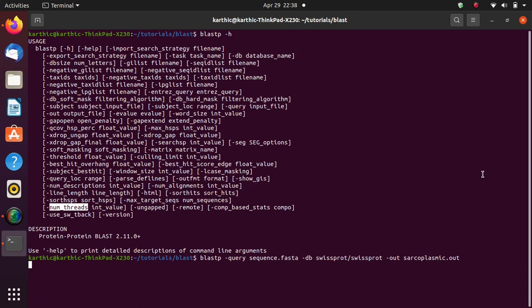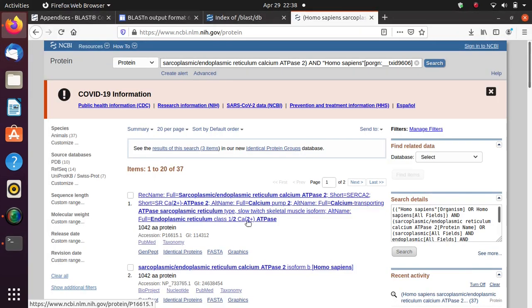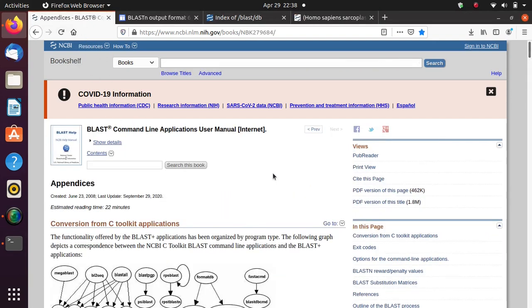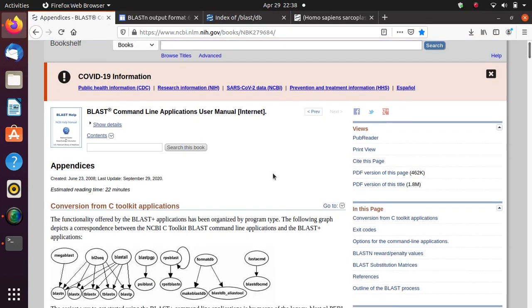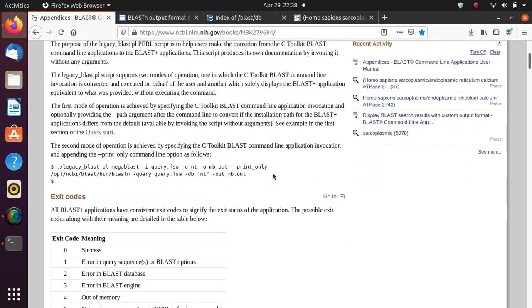Meanwhile, we'll go through a manual published by BLAST. The BLAST command line applications user manual. Under that there is an appendices section. Scroll down.